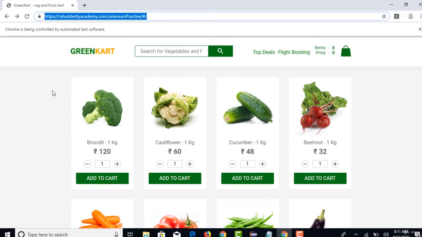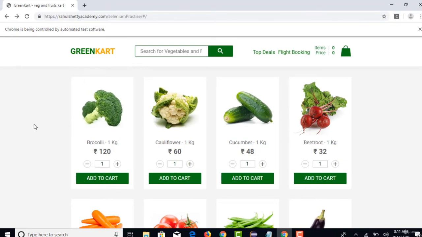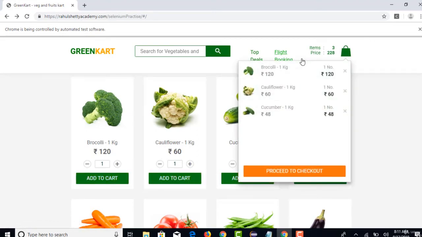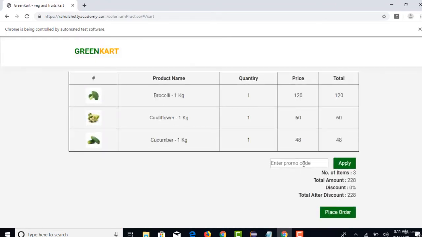So I have picked my practice web page, rahulshettyacademy.com/seleniumPractice, to explain this scenario. On the home page of the Green Cart app, you can add multiple items to the cart. All the items you added will display in the cart, and then you can proceed to checkout. If you have any discount, you can apply it so that it will deduct some amount.